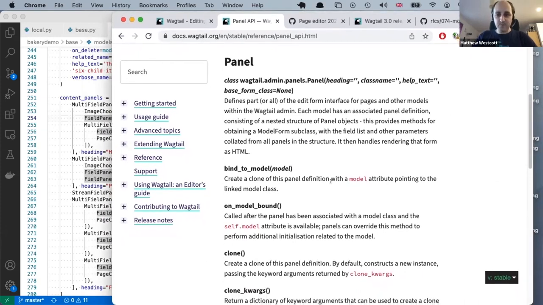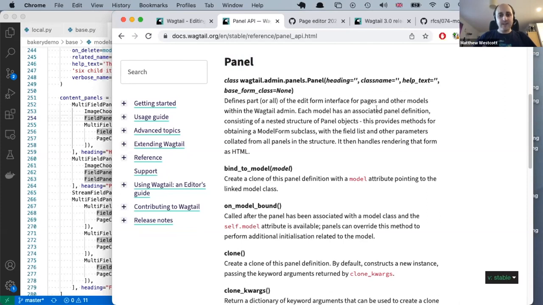And indeed, one psychologically important part of that perhaps is that we're now consistently referring to these objects as panels. Previously, the terminology was a mix of panels and edit handlers, and